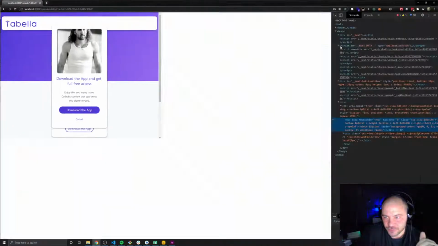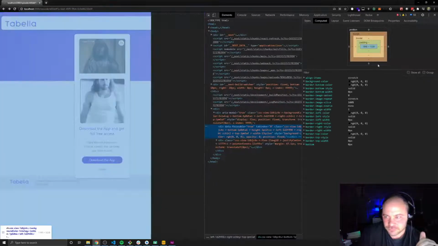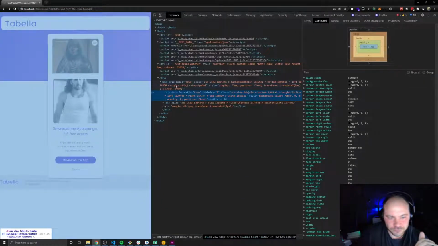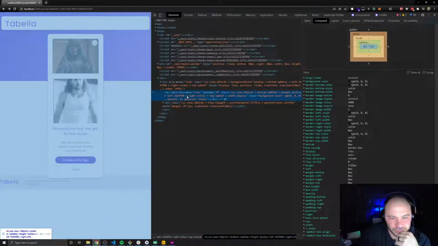All right, let's do some work in Chrome, just to see what we have. Okay, so all right, cool. It looks like there's a modal on top, and then where is